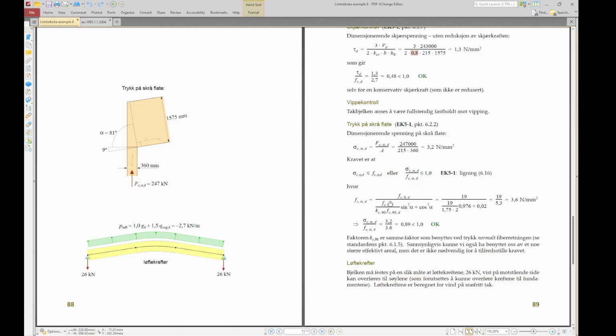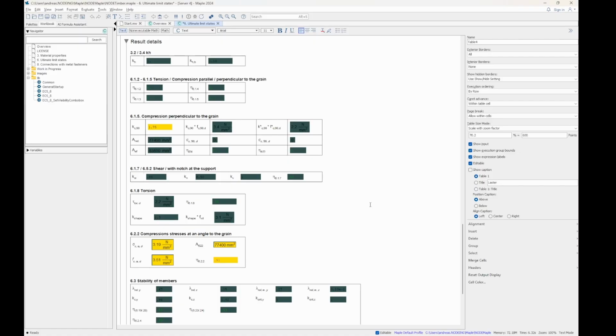So that was a very quick summary of what we can do with the NODEMaple for this kind of constructions, and we are going to continue with the ULS in the next